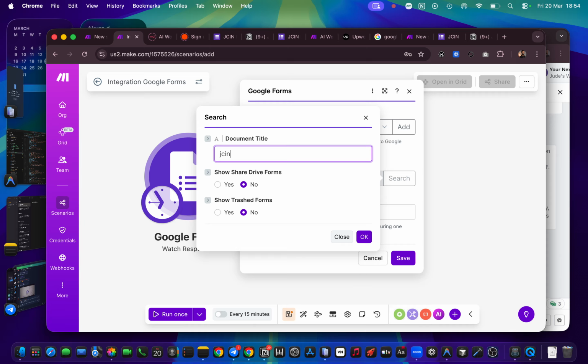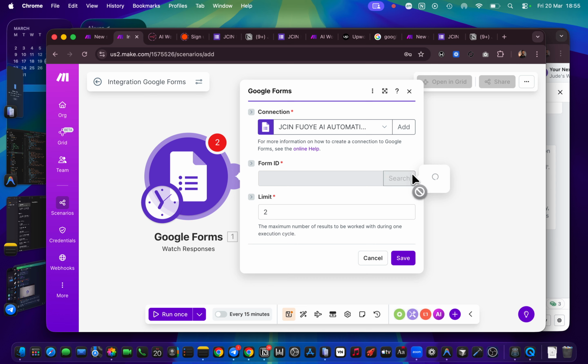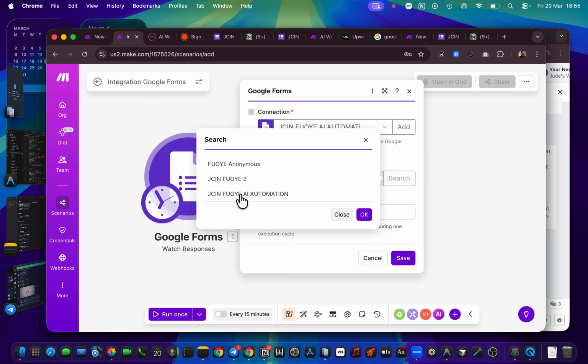If you have multiple forms, let me say we want to make use of Foyer, and I have multiple Google Forms I've created that have the Foyer keyword, anything Foyer inside. If I click on this, it will give me many options, probably 3 in this case.